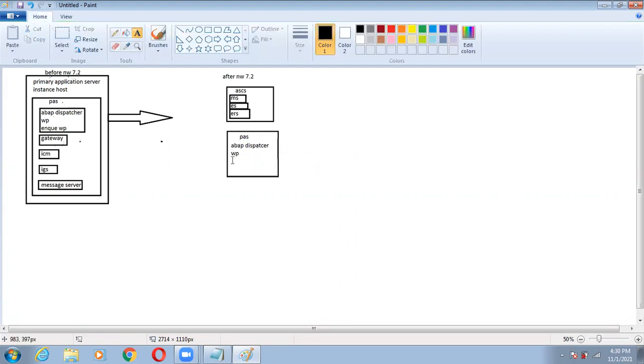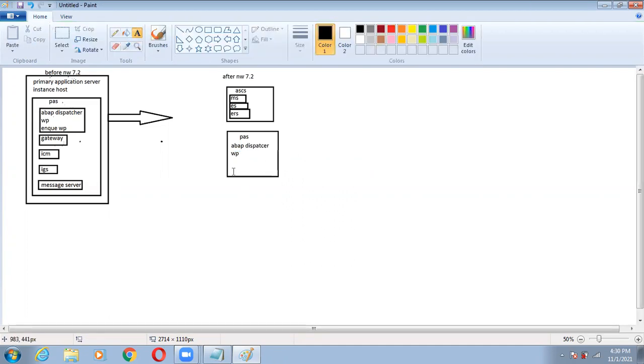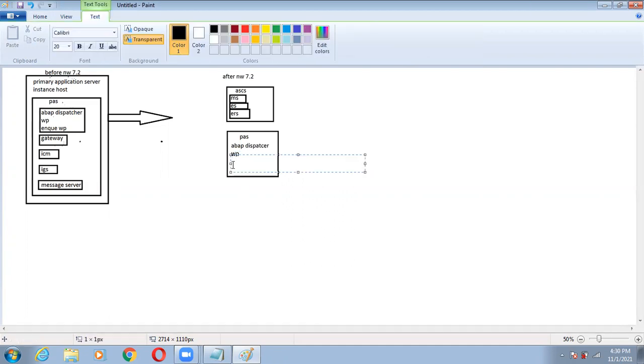And in the bottom, gateway, then you will have ICM, then at the last IGS.